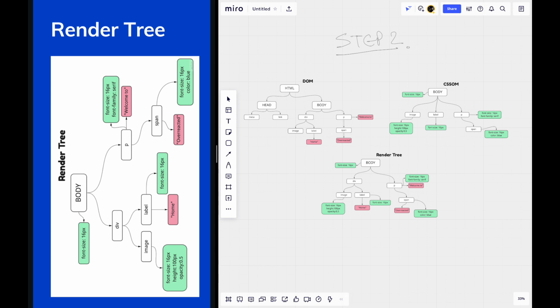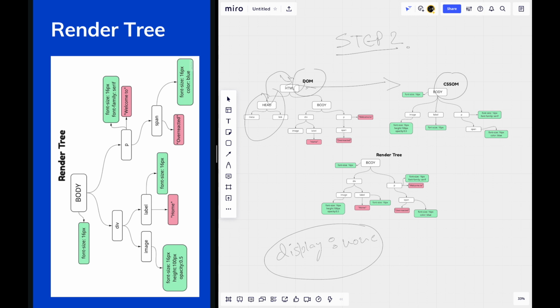So you see here we have a DOM and we have a CSS object model. Now the render engine will start traversing from the very first root node of the Document Object Model, and it will look for the corresponding style in the CSS object model. You see there are no styles for HTML, so it will ignore this. So it will now move to head. Mostly head has invisible content. It has meta tags and links which are not visible on the screen, so it won't be included in the render tree. Similarly, if any element has a display property of none, then it won't be included in the render tree as well.